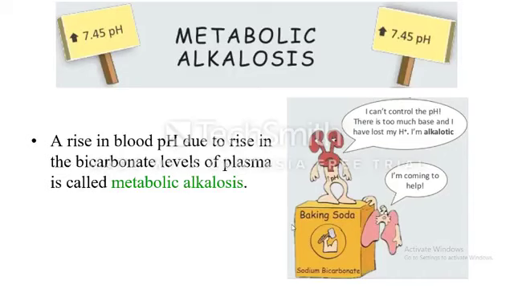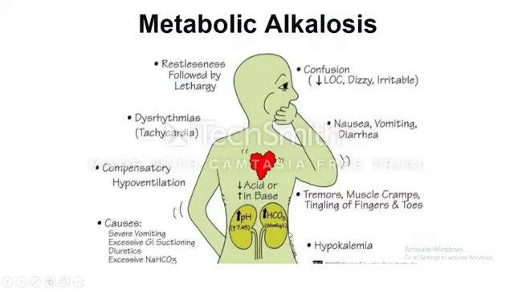Now comes metabolic alkalosis, where pH becomes high. A rise in blood pH due to a rise in the bicarbonate level of the plasma is called metabolic alkalosis. You can see it cannot control the pH. There is too much base and lost protons. The symptoms are restlessness followed by lethargy, arrhythmias and